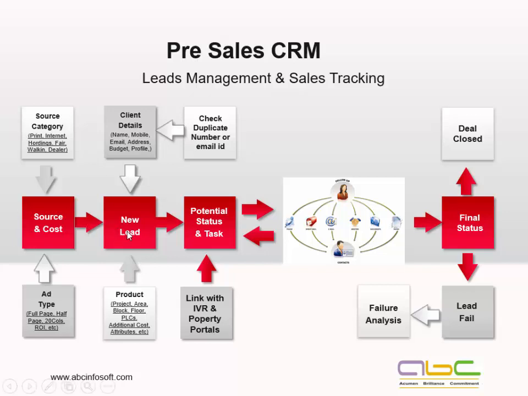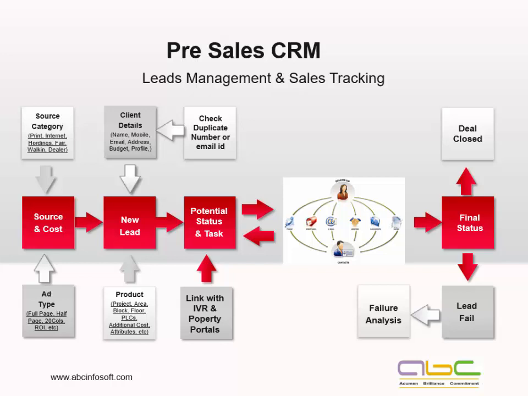Whenever you get leads from the campaign or from these advertisements, we will be updating the customer name, their phone numbers, email address, and the mobile number. Here we also have an option where the system will automatically check for a duplicate number or email ID. Let's say we have a new project launch and we are advertising on newspapers, internet, websites, and other media as well. There is a possibility that a customer can contact us through multiple mediums.